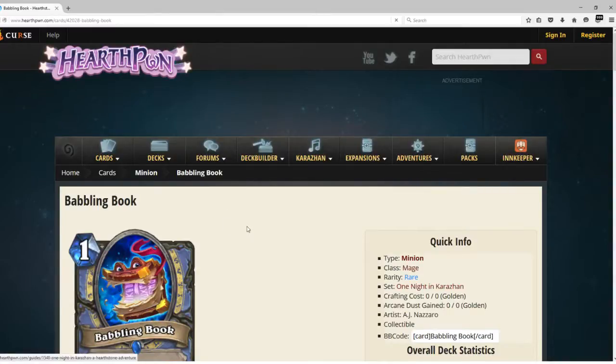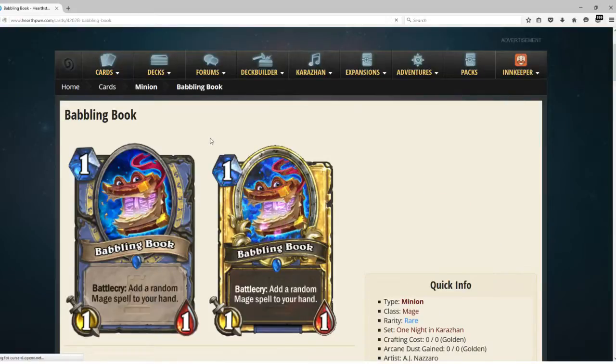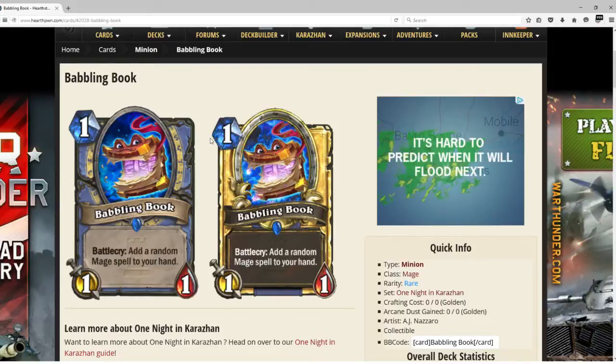And the last card from this wing is actually the Babbling Book. It costs 1, and it's a 1/1 creature. Its battle cry is add a random mage spell to your hand, and it's a mage card. I like this card